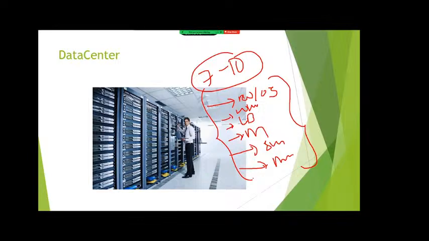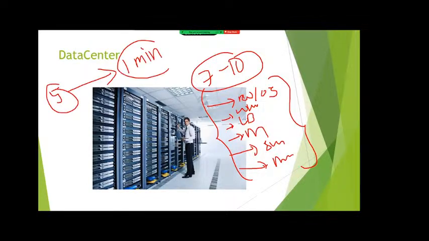If we go for cloud computing, whatever the count I said, 5 servers, can be deployed within a span of a minute. I am telling only 1 minute, not even 2 minutes. We can host all these servers within a span of a minute. Where is 7 days and where is 1 minute? There is a lot of gap.